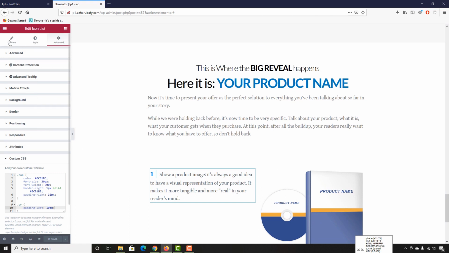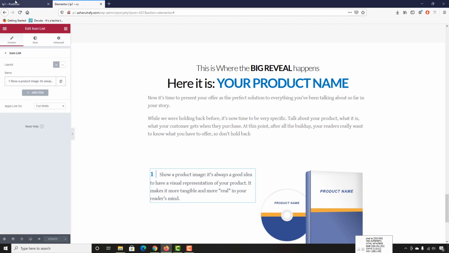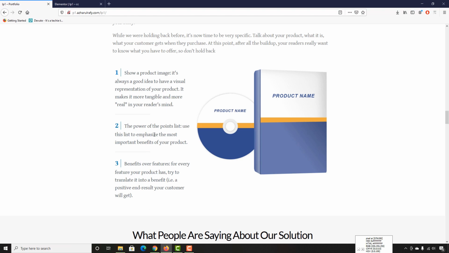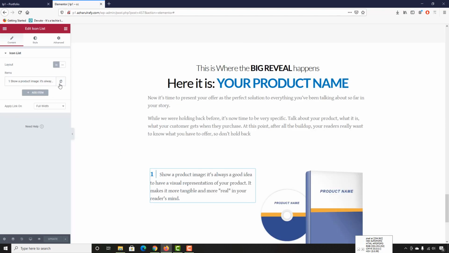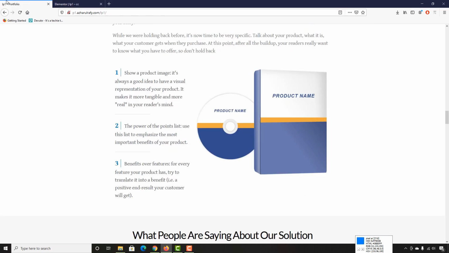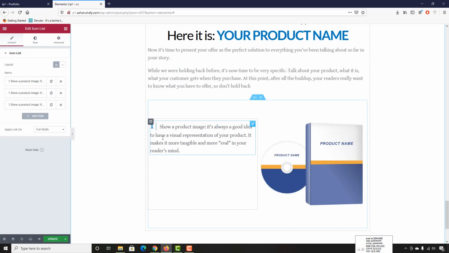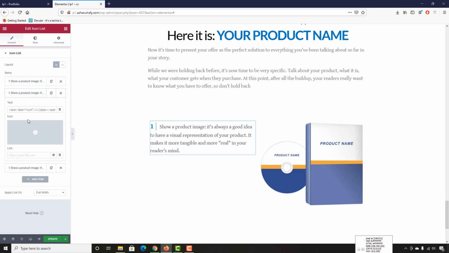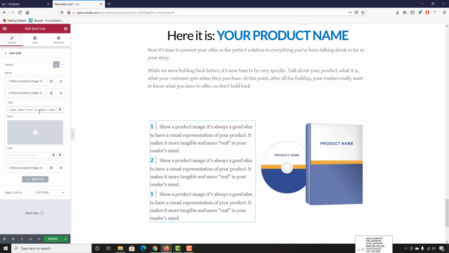Now let's go back to content, and now as you can see here, we have got 3 items. So we are going to click on this copy icon, and we are going to see that we have got 3 icons shown. So first of all, let me just copy this text, and I'm going to change the number easily. So let me show you. So let's click here, and first of all, let's change 1 to 2. We are going to change it to 2, so the numbering is going to be changed. And okay, so let me take you here